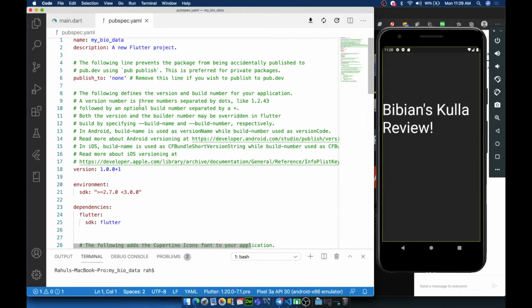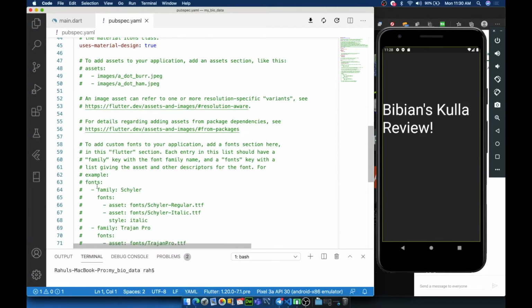When you're moving this project to production, all the steps, all the references, all the directories that need to be linked while compiling and packaging your application, all those details are from this file, pubspec.yaml. This is the heart of your project.